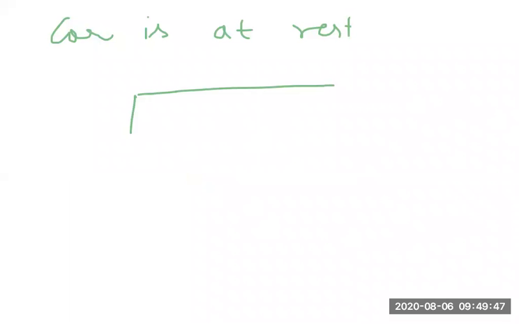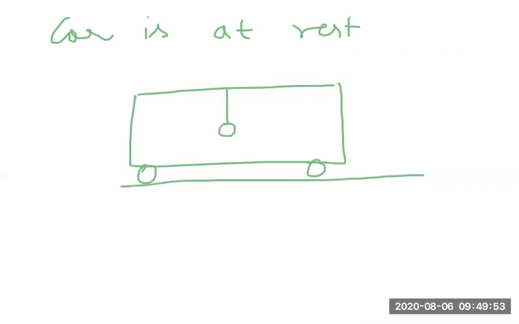Let us see now. Suppose they told the car is at rest. We'll see this situation. Then the pendulum will be in this position only, like this. So there is no problem here. The pendulum is in this direction only. Car is at rest, there is no velocity for the car. There is no velocity means acceleration is 0. Acceleration is 0 means simply tension will act upward and mg is downward.